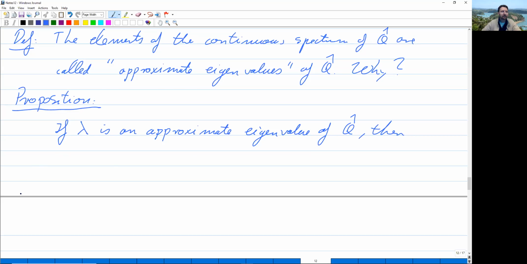So we can approximate with arbitrary accuracy eigenvectors to lambda. Then we have that for all epsilon larger than 0, there exists a state psi in the domain of our operator Q hat, which is normalized with the length of the vector psi being 1, so that